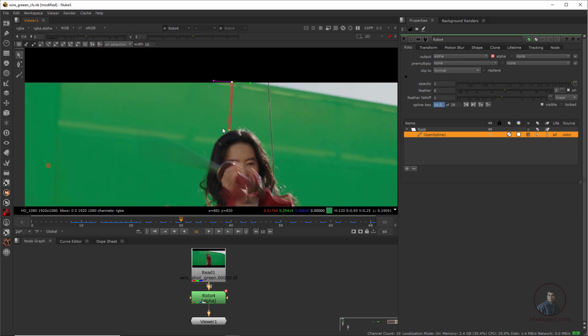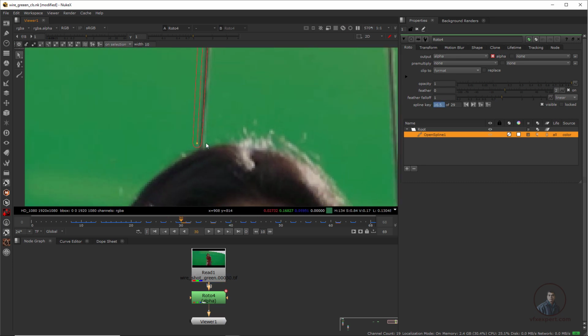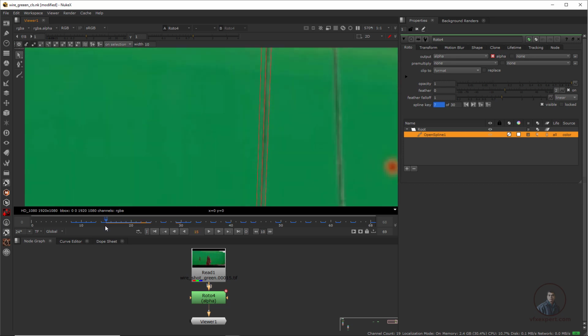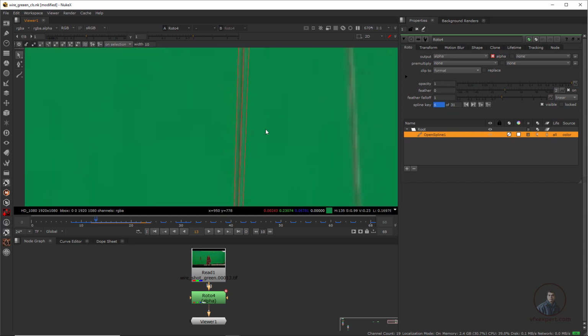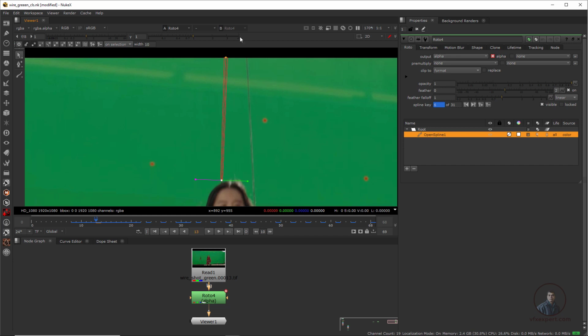Then after this we have to check whether these shapes are placed on our wire or not. We have to check all frames. Remember this one. Now I have placed these open splines on our wire according to our wire movements.